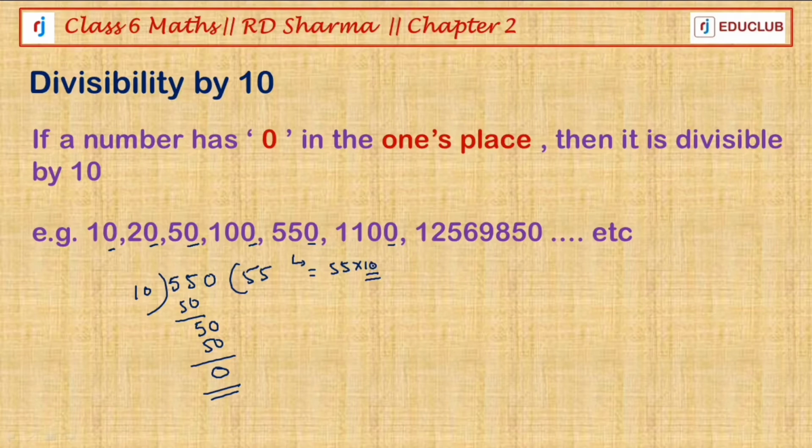Basically what happens, for example, any number is there, for example, 123. When we are multiplying it by 10, first we are multiplying 0 by the number. 0 will always be there, because multiplying by any number, it will come 0 only. And the rest of the numbers will go on. When we multiply 1 by 3, it will come on the next digit, not on this digit. So ultimately 0 will come. Any number is first multiplied by 0, so 0 comes at the ones place. So if a number has 0 at the ones place, then that number is divisible by 10.